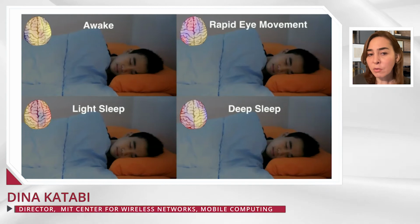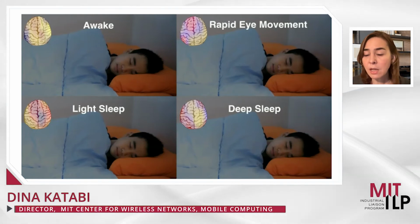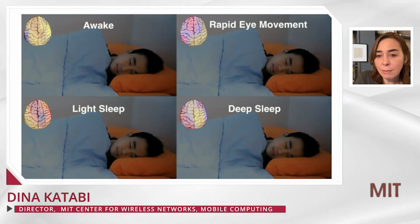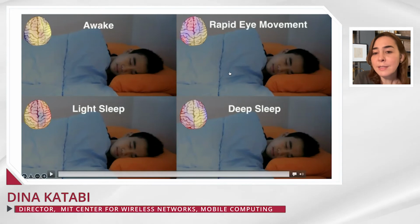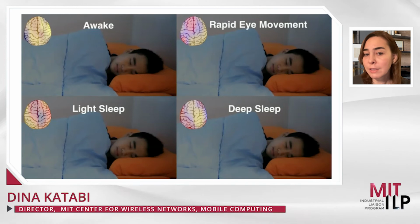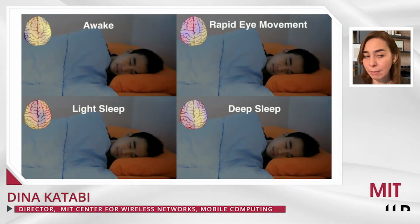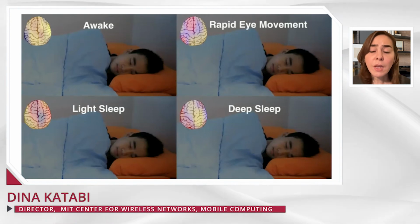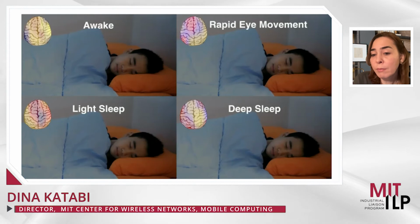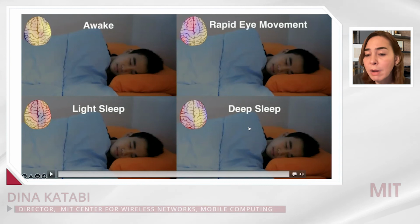But this is not the only thing. In fact, sleep also is related to a variety of diseases. So particularly, for example, REM, this stage here, rapid eye movements or REM, this stage actually is very much associated with mood disorders. Like in depression, for example, people tend to have REM early on in sleep, too early. And Alzheimer's, for example, and cognition problems typically are associated with disruption in the slow wave that we see in